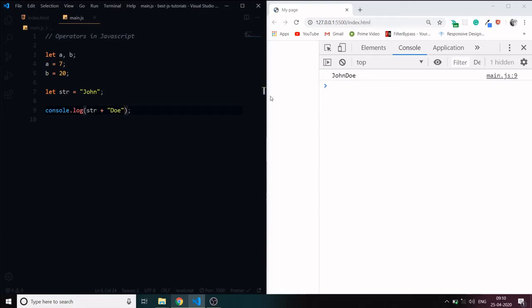But if we do something like this, it will throw us a NaN. NaN stands for not a number. So the interpreter in the JavaScript V8 engine is telling us that the operation we are trying to do on the string is resulting in not a number. That is what it basically means. If you also do division, it will result in the same. So these are some basic operations we can do in JavaScript on variables. Let's move further in the next video.